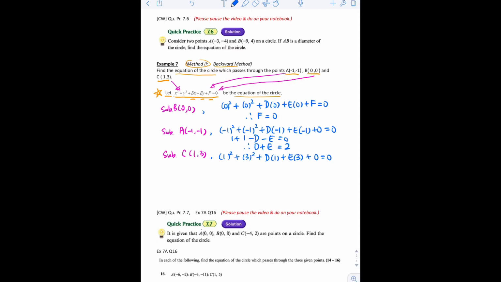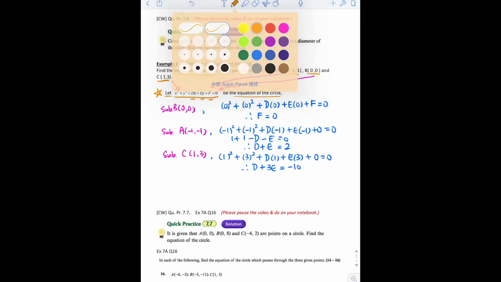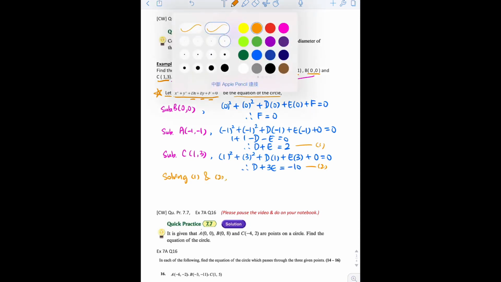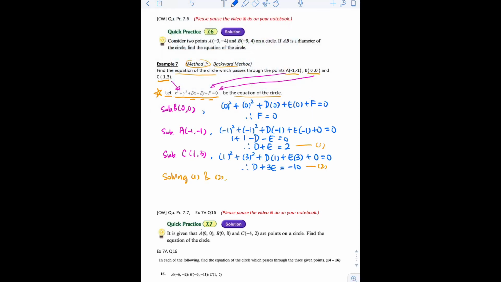And then after simplifications, you will have D plus 3E equals -10. And then we label them as equation 1 and equation 2. And actually, you can just use the program in your calculator to solve equation 1 and equation 2. And after solving, or just use method of elimination or substitutions, you can find,